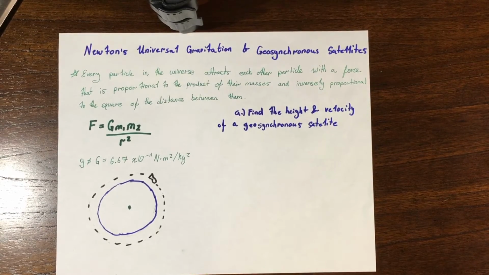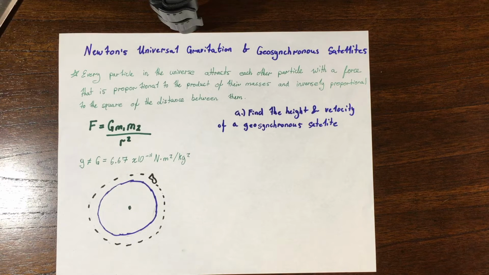Alright guys, so last but not least in this unit, we're going to look at Newton's law of universal gravitation and geosynchronous satellites. So Newton's law of universal gravitation states that every particle in the universe attracts every other particle with a force that is proportional to the product of their masses and inversely proportional to the square of